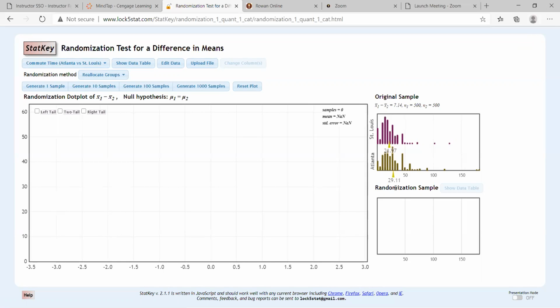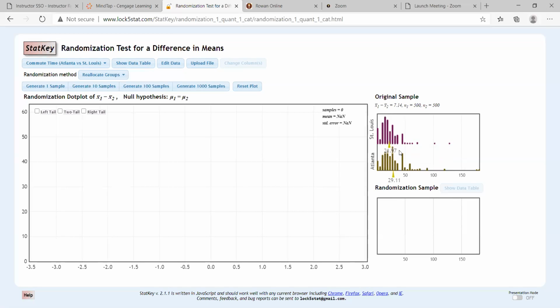And suppose the average for these 500 Atlanta people is 29.11 minutes. And then for the St. Louis sample, it's hard to read, but it says 21.97 minutes,